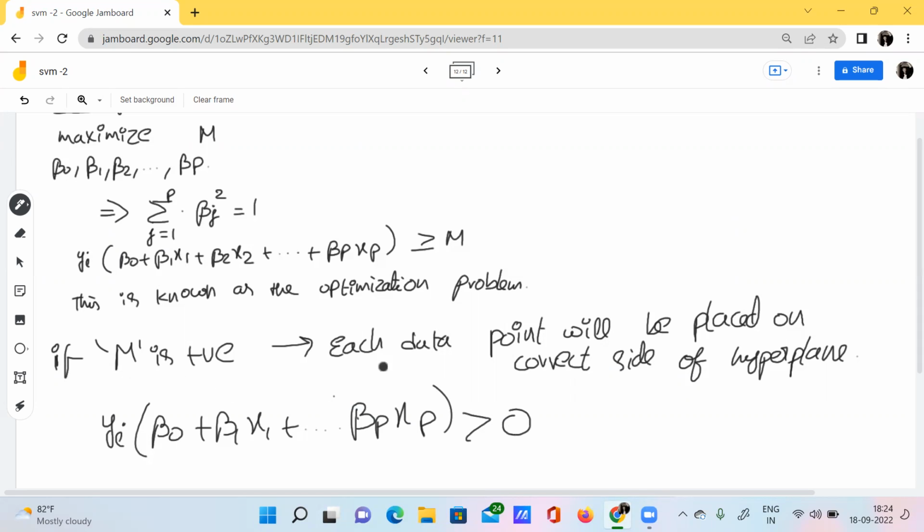So if M is positive, then each data point will be placed on the correct side of the hyperplane. M is positive means this entire expression should be greater than 0. Then only can we definitely say that the data point will be correctly placed.